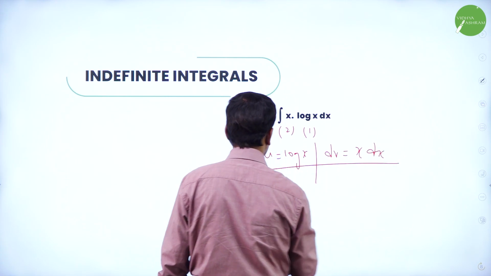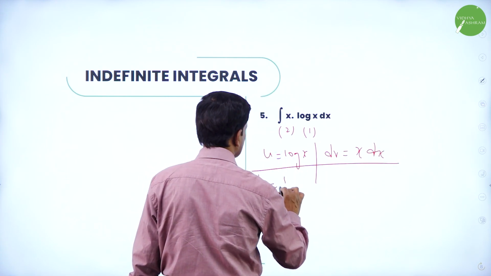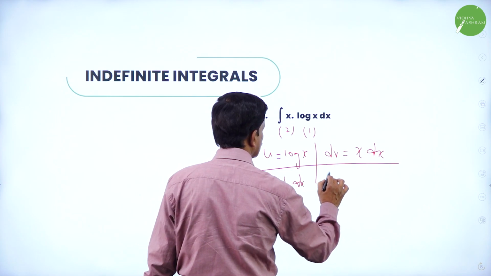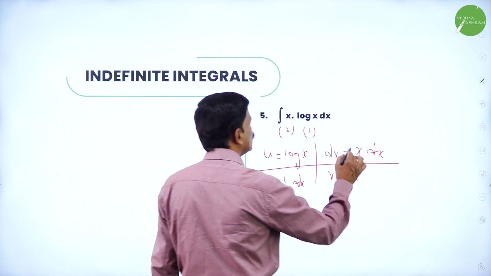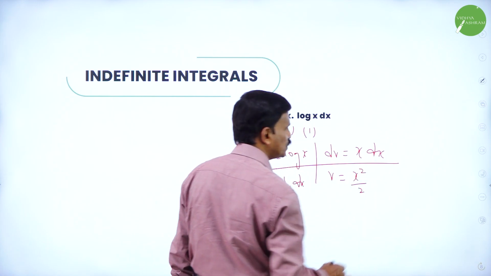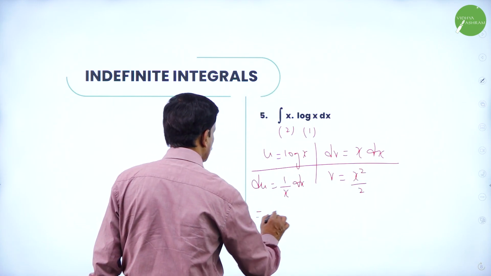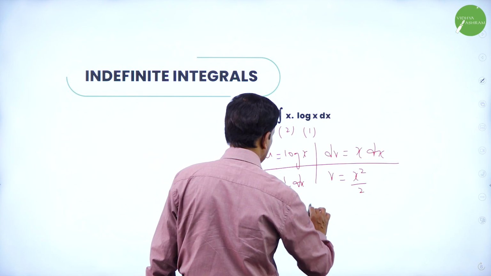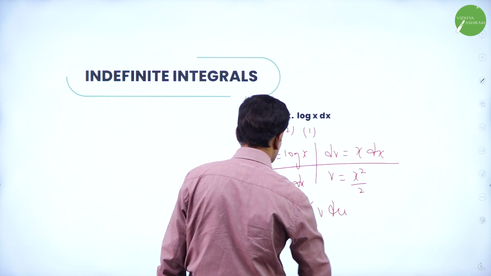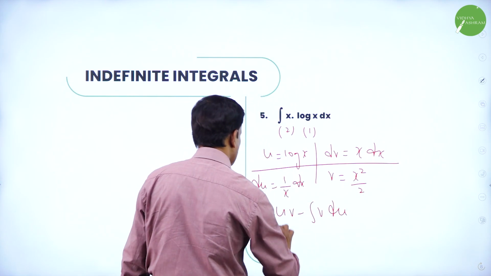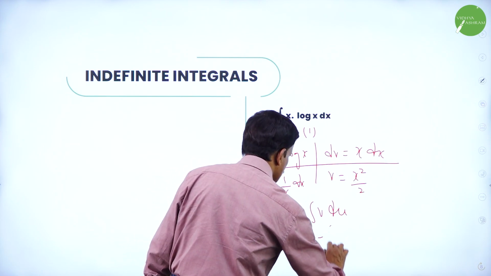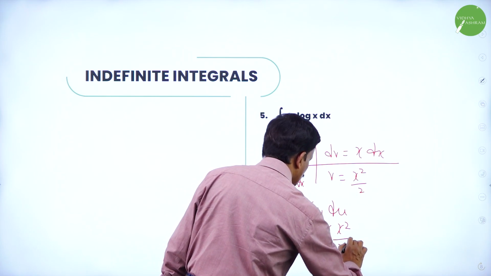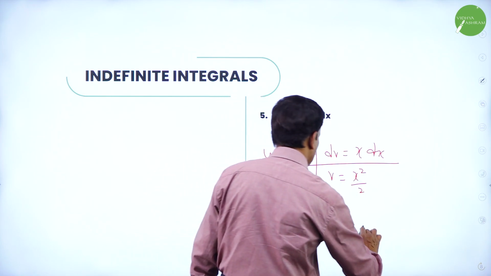Now differentiate it. du is equal to differentiation of log x is 1 over x dx. Integration of dv is v. Integration of x is x square by 2. Now what is the formula? uv minus v du. uv minus integral v du. So uv is log x into x square by 2 minus integral v, x square by 2, into du is 1 over x